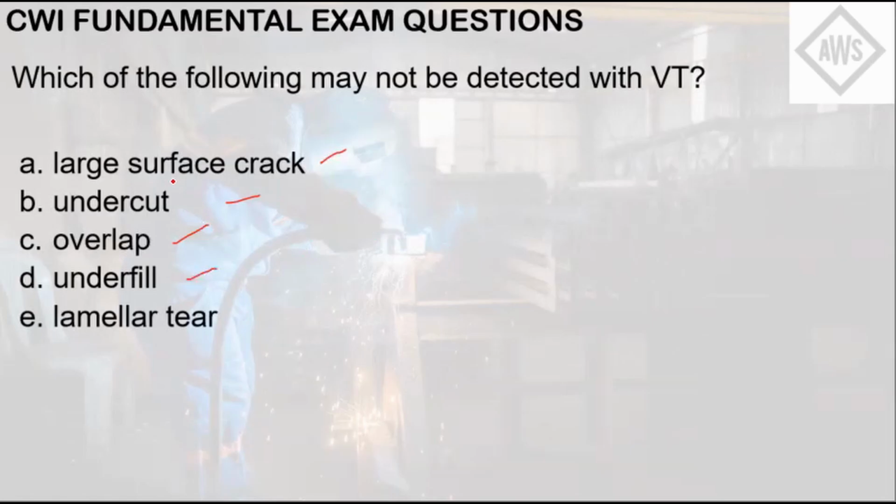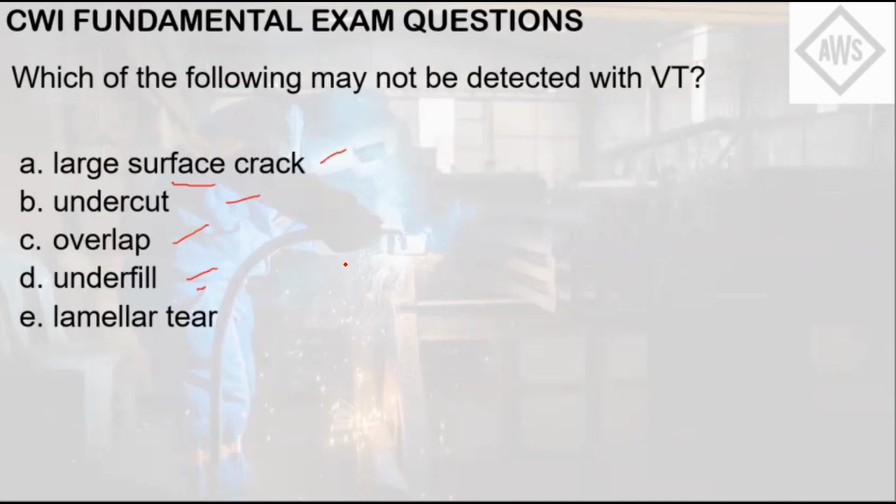Large surface cracks can obviously be seen visually. Undercut can be seen visually. Overlap and underfills in the joint root can also be seen visually. But lamellar tear, you cannot see it. It may not be seen through the naked eye or through visual testing. It is a terrace-like fracture resulting from welding shrinkage, and the three main causes of this are stresses in the through-thickness direction, which is parallel to the rolled surface, susceptible joint configuration, mainly for thicker metals,